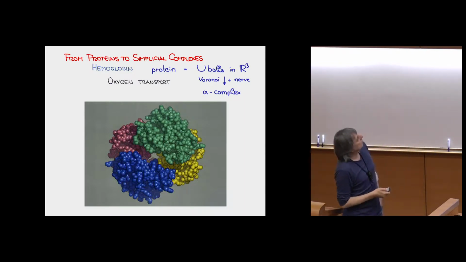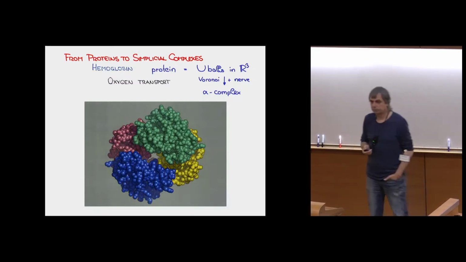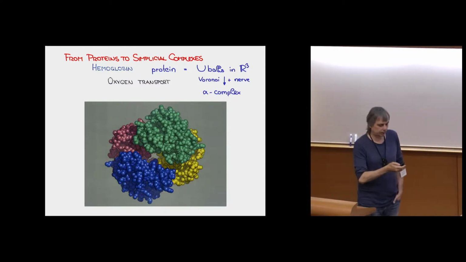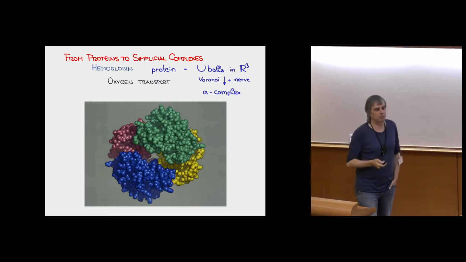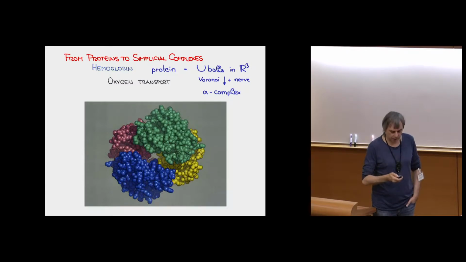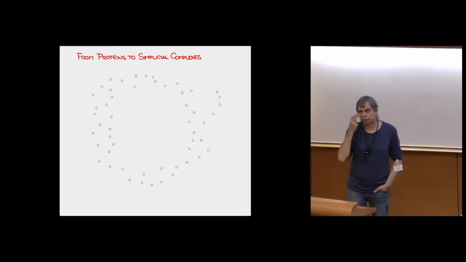And we call this nerve the alpha complex, partially because of historical reasons. So when the alpha shapes or alpha complexes were introduced, alpha used to be the radius. But somehow there was this migration of meaning that nobody uses alpha as radius anymore, but sort of as a name. So it became a name for the shape or for the complex. Okay, so I'll do this slowly in 2 dimensions.